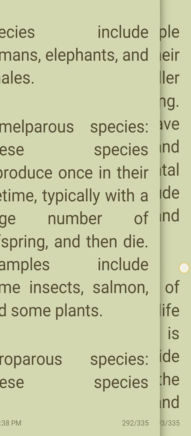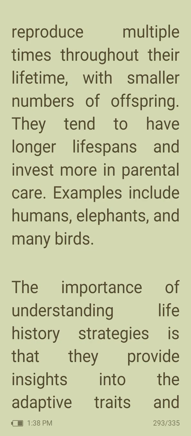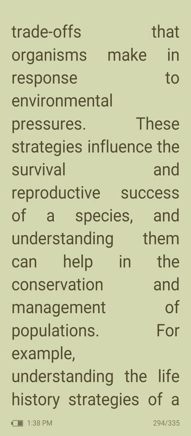Iteroparous species. These species reproduce multiple times throughout their lifetime with smaller number of offspring. They tend to have longer lifespans and invest more in parental care. Examples include humans, elephants and many birds. The importance of understanding life history strategies is that they provide insights into the adaptive traits and trade-offs that organisms make in response to the environmental pressures. These strategies influence the survival and reproductive success of a species, and understanding them can help in the conservation and